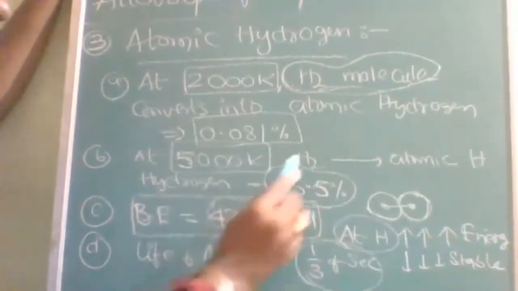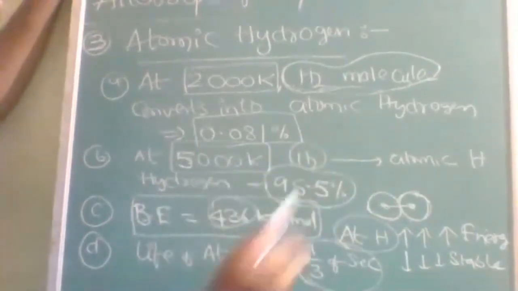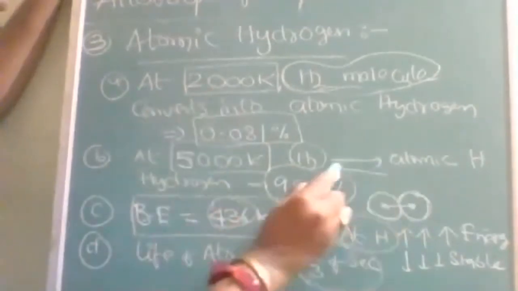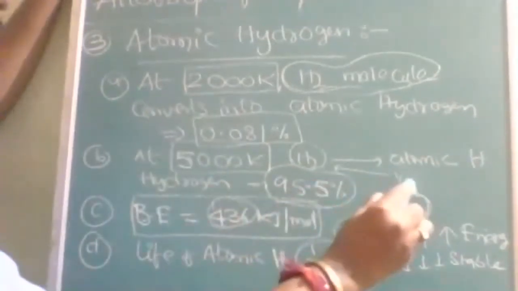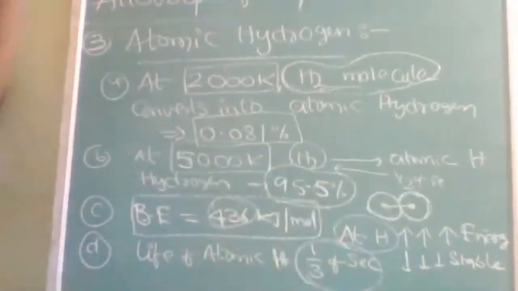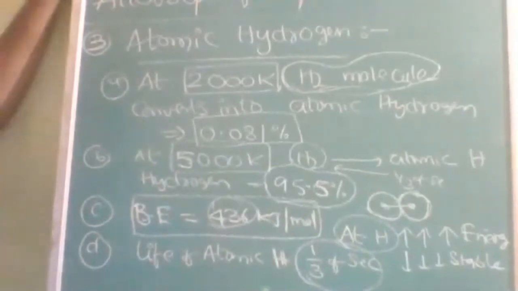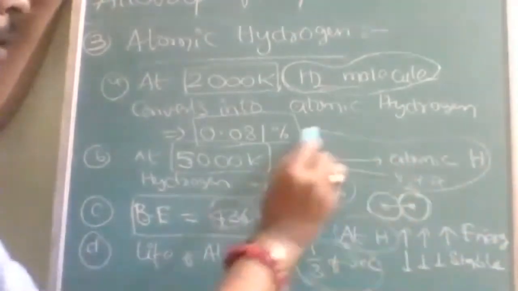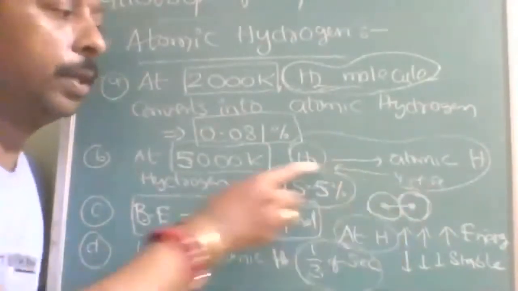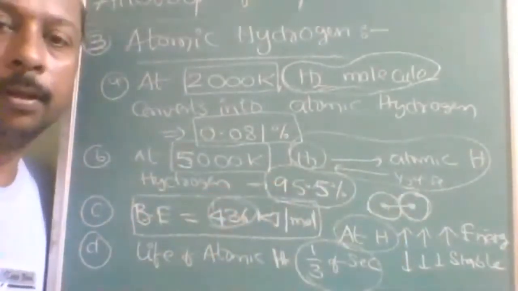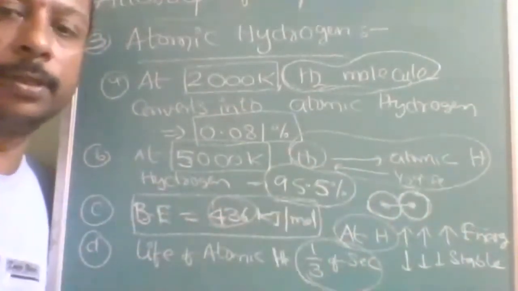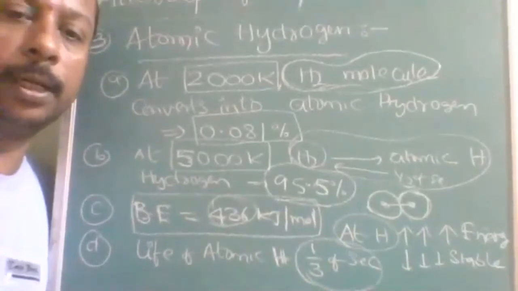After that, again it will convert back, from here to here, a lot of efforts. But here to here, immediately within a fraction, 1/3 of a second, this atomic hydrogen will be converted back into the molecular hydrogen. Is that clear to all of you? Now, who will say whether this is exothermic or endothermic? This backward reaction, atomic hydrogen to hydrogen conversion, is exothermic or endothermic?